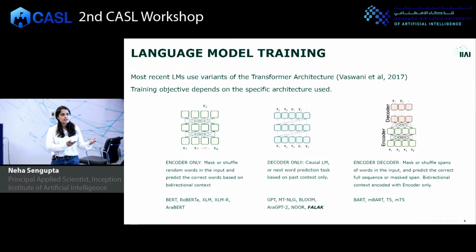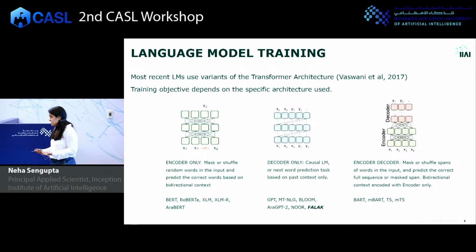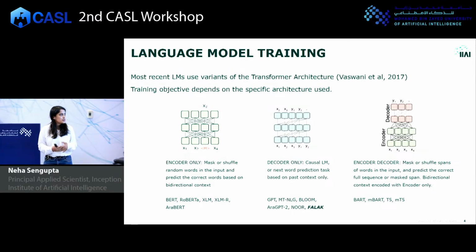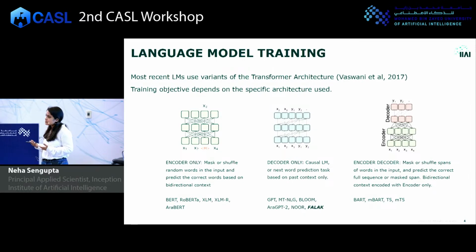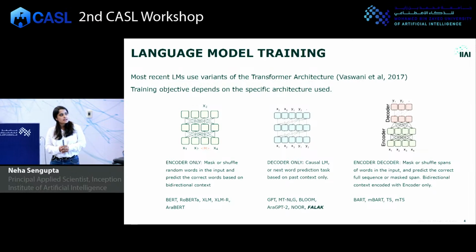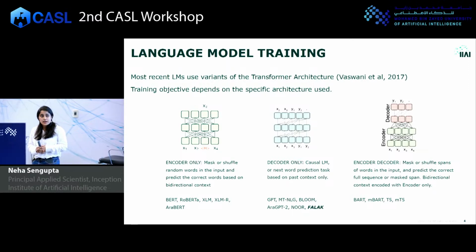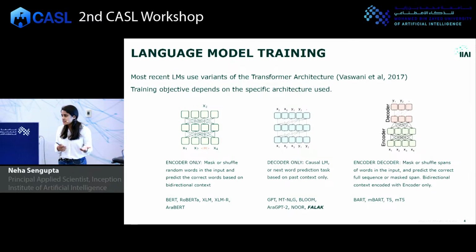Okay, and then there are, depending on the architecture that you're using, the objective with which you train your model changes. So we have encoder-only models like BERT and RoBERTa, XLM, which is a multilingual model. In Arabic, we have AraBERT, which is a pretty powerful Arabic natural language understanding model. Then we have decoder-only models like GPT and Falak and Noor. And we also have encoder-decoder models, something very important that we're exploring right now, where BART and T5 are examples